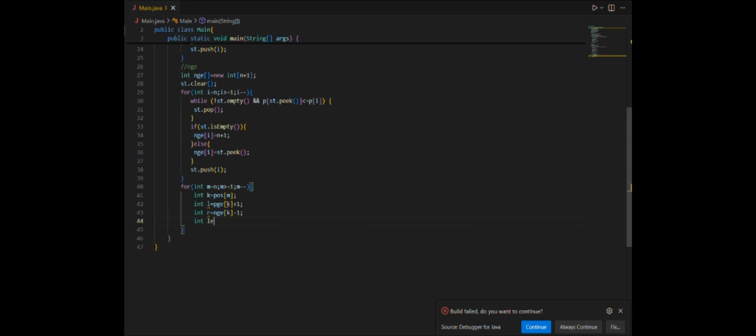And we will find the left length, which is equal to, okay, k minus l plus 1, this is the left length, right length is equal to r minus k plus 1. So if left length is less than or equal to right length, we will go on the left side, find the value and need to search. So for integer i equal to l, i less than or equal to k, i plus plus,